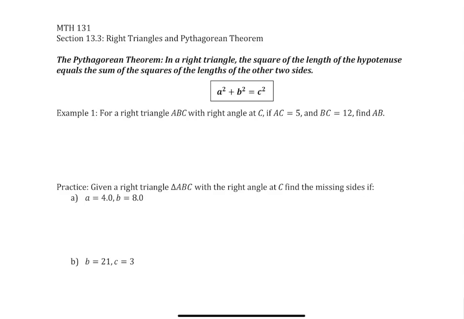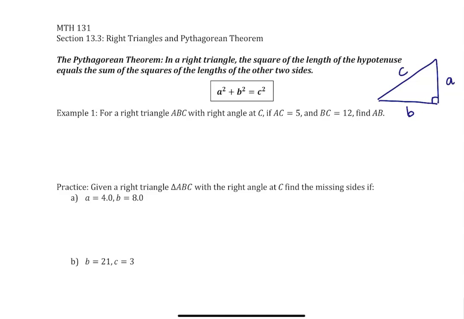We are going to spend section 13.3 looking at exactly one topic, the Pythagorean theorem. This is such an important concept for right triangles that it shows up in many applications. In any right triangle, we know that the sides, or the legs, if we label them A and B, it will always be the case that the square of the length of the hypotenuse will equal the sum of the squares of the lengths of the